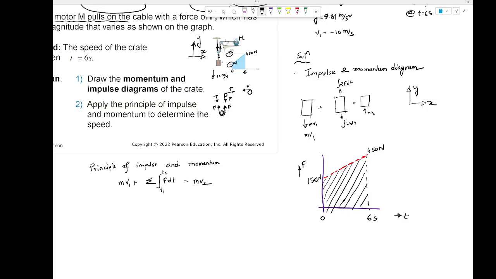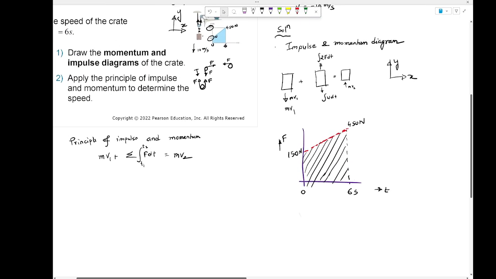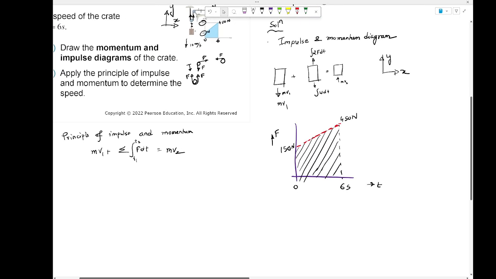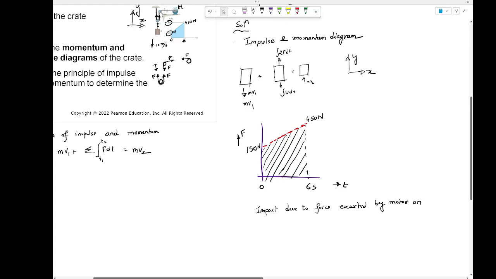Okay, to find the impact due to the force exerted by the motor on the crate,